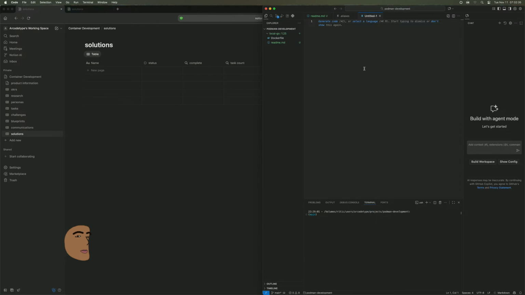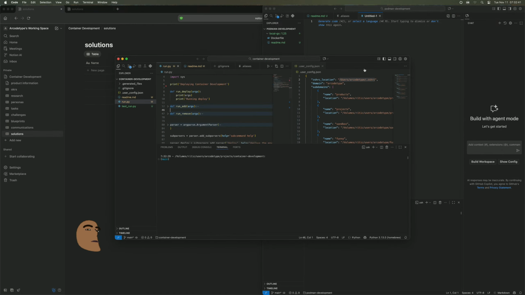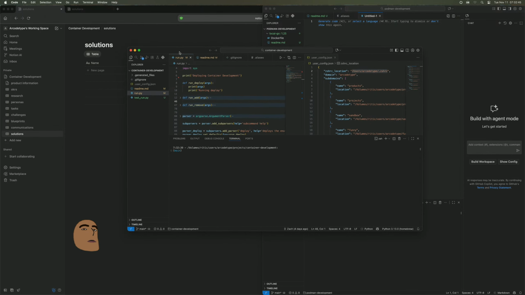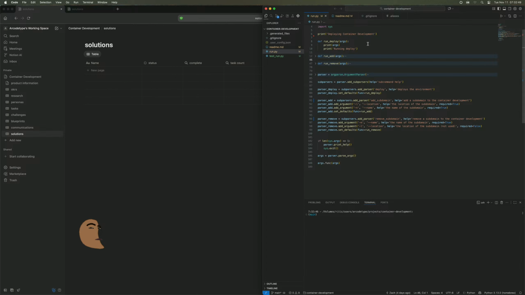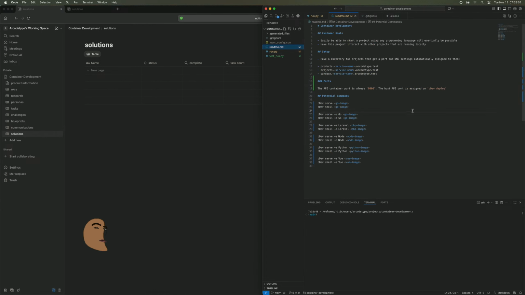I've been kind of defining that in the container development project. Let's see, as I open this in my README here, I'm just talking about different things that I want to have. And so for here,